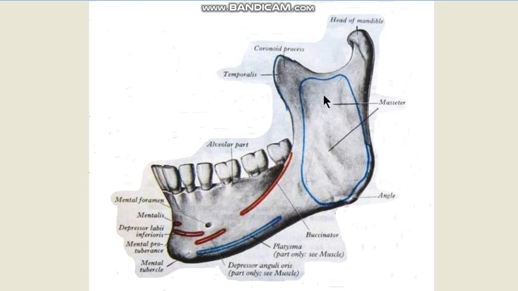Not only that, the parotid gland extends over the lateral surface of the ramus of the mandible and over the masseter. So over the masseter again here you have an outpouring of the parotid gland. So the parotid gland is actually indented or pushed into by the posterior border of the ramus. So there is a part of the parotid gland bulging over here on the outer surface of the ramus. There is a part of the parotid gland bulging on the inner surface of the ramus. There is a part of the parotid gland bulging behind the temporomandibular joint.